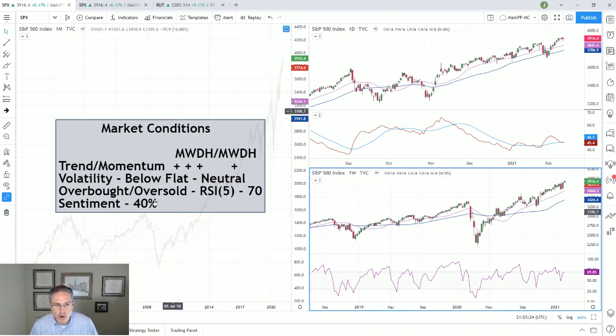And then in terms of sentiment, we dropped down to 40. There's been a little bit of a drop in the number of bulls. Not significant, but it's still in this 40 to 50 range. I don't consider it to be all that scary right now. It is a condition that would be considered a negative if I were calculating it out. But again, I think we're going to need to see some sign of a trend break or something like that to really get this to kick in and have some more meaning.